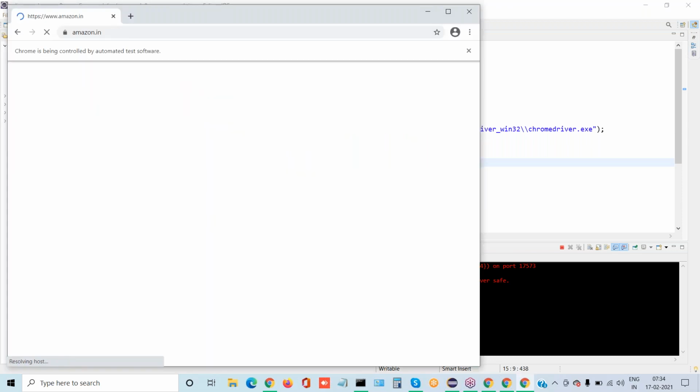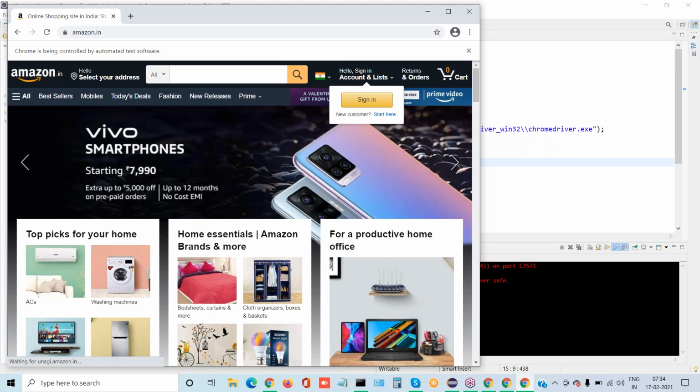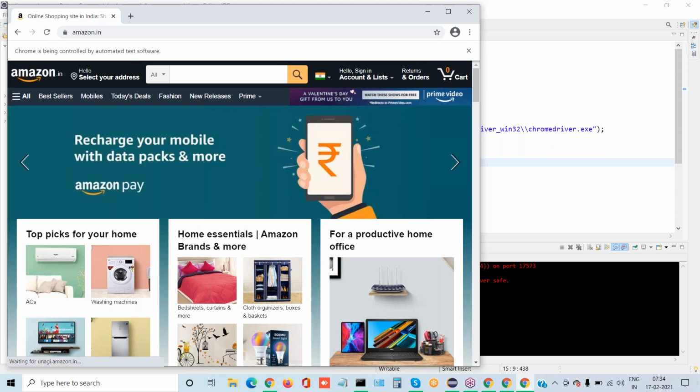See, this window is getting only half, the default window. I'm not getting the maximized or full window. Selenium gives only the default window, so whenever you launch any browser, it will show only half of the window.